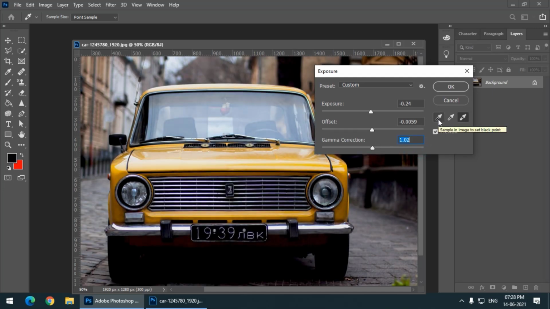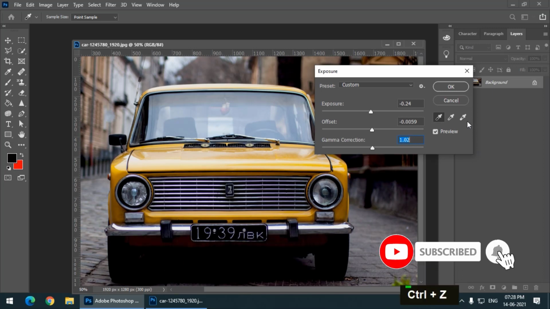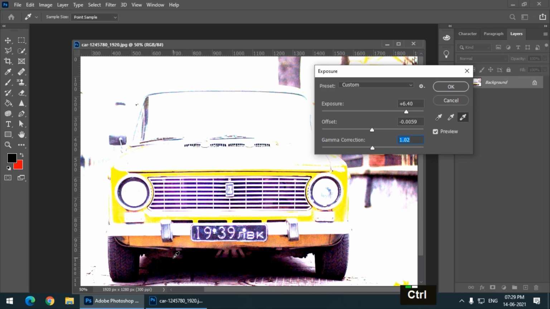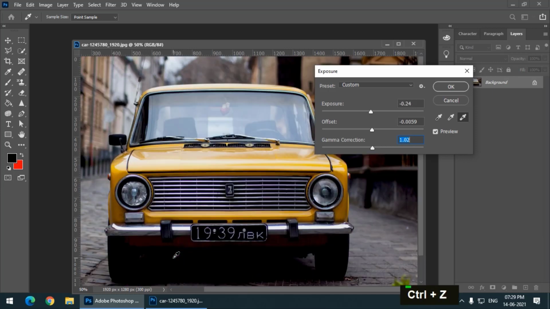This is the white point. If we select white point over here, it will make the entire image dark like this. And if we check this one as darker, then it won't affect as much. This is the black point. If I select this as a black point, then it will, this is, I think, a white point. If I click over here, it won't make that much of a difference. But if I click on the darker pixel, then it will brighten up the entire image according to this point, like this. So it is pretty much similar to the curves option and the levels option.